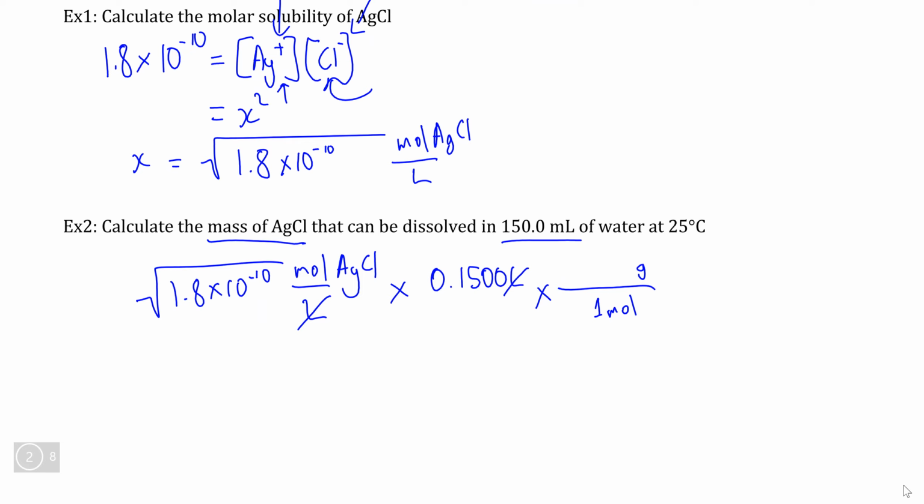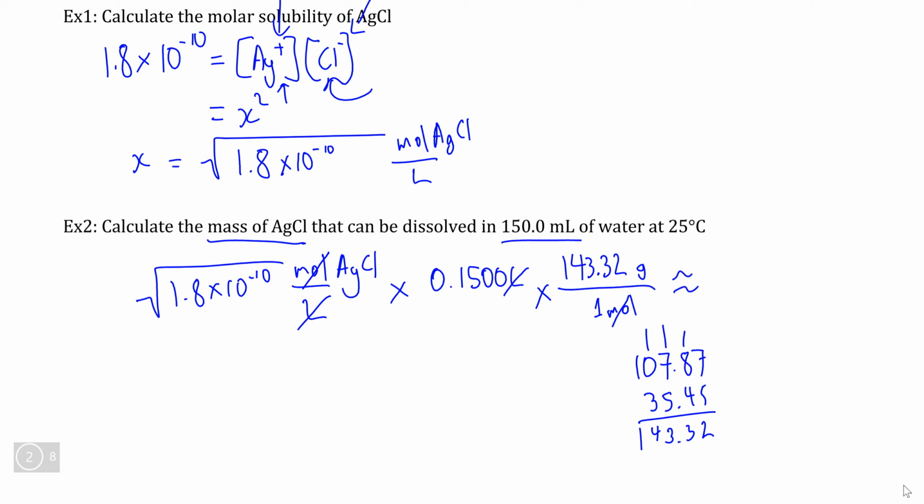I'm going to assume that you know how to look up molar masses on the periodic table. The molar mass of silver is 107.87. The molar mass of chlorine is 35.45. And if we work through some quick arithmetic here, we find that the molar mass of silver chloride is 143.32 grams per mole. And if we multiply by this final number here and put everything into our calculator, we'll